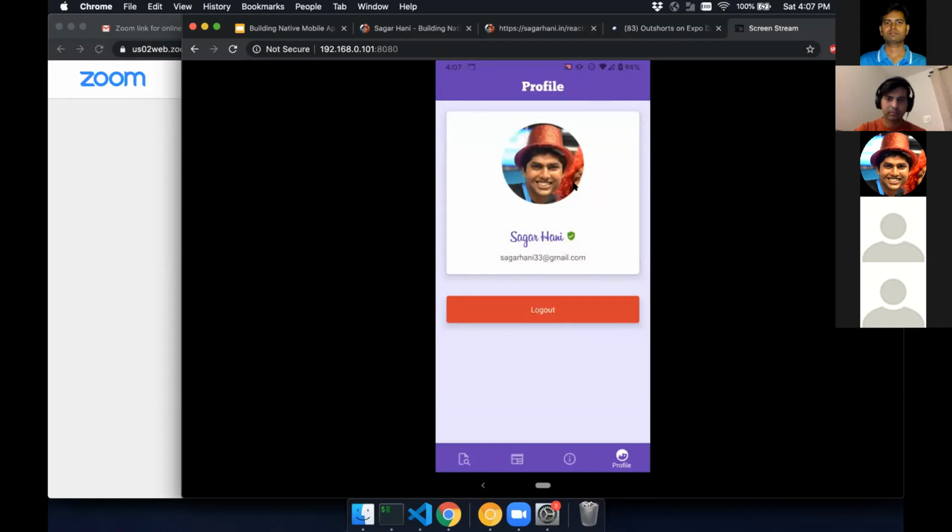What I just showed is a kind of web view behavior, but in the latest version of Expo, they've actually released a native behavior also. If you click on sign in with Google, you would get a small pop-up where you can just provide your account name, and that's how you will be logged in. So I think the integration with auth is very simple if we go with React Native and Expo.